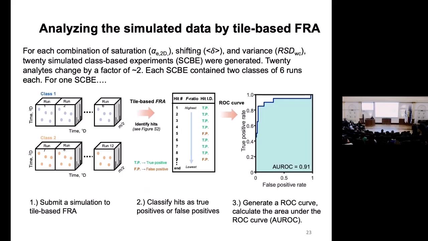All right, so those are all the parameters we're simulating. How does this get put together into an experiment? Okay, so we're going to take a bunch of combinations of those conditions. We're going to take a given amount of saturation, a given amount of RSD, a given amount of shifting. We're going to simulate 20 experiments. Each experiment will have 6 runs, and we're going to change 20 analytes and just see if we can find them. Okay. So we take what I'm going to call a simulated class-based experiment, just a bunch of simulated chromatograms,